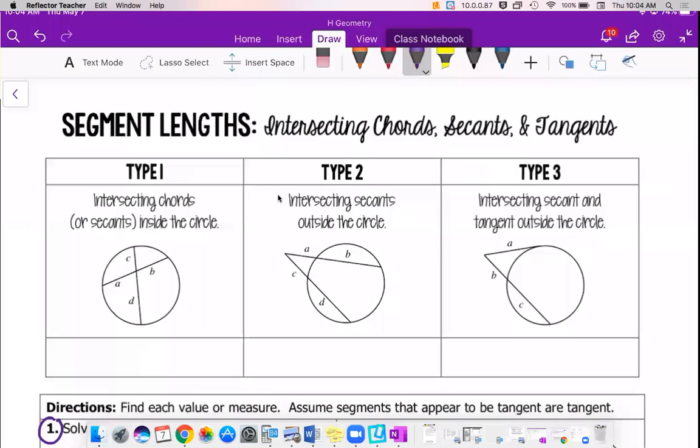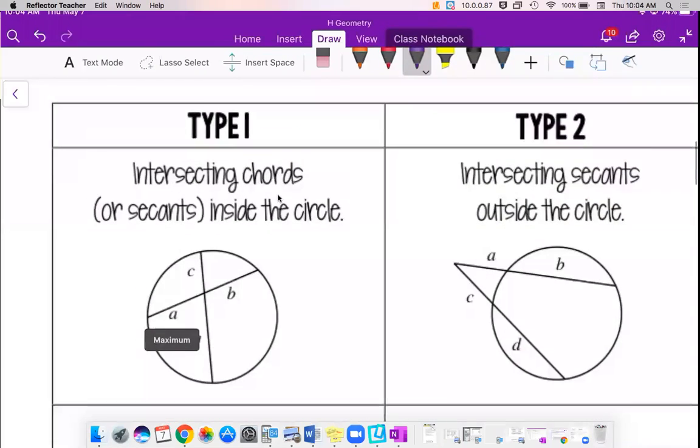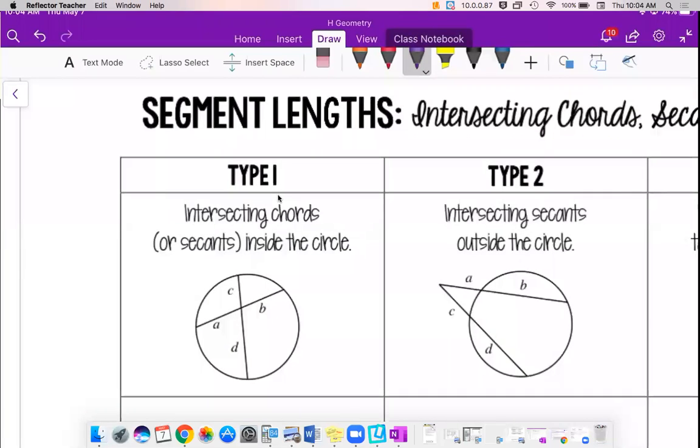We're going to learn about segment lengths when they intersect with a circle, whether it be chords that intersect, secants that intersect, tangents, or a combination of them. So we are going to first just go through what the formulas are and then we're going to do some problems together. So the first type that you are going to look at is if you have intersecting chords or